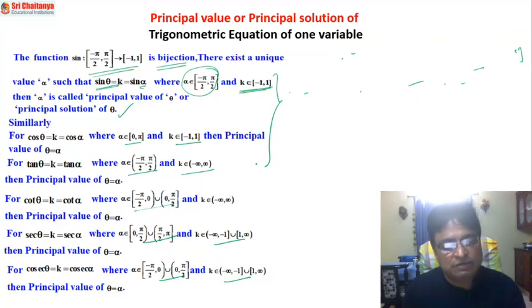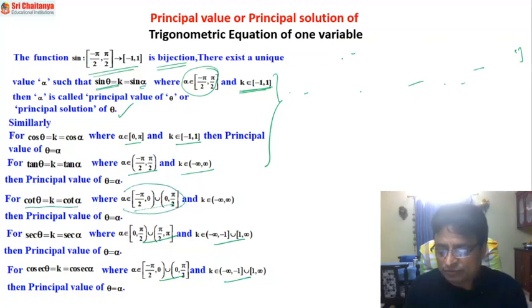Similarly, whenever the equation is in terms of secant, convert everything in terms of cos. Similarly, if cosecant is given, convert everything in terms of sine and find the solutions according to the definitions given above. But see, my friends, here you just observe cot theta is equal to k, it is equal to cot alpha,